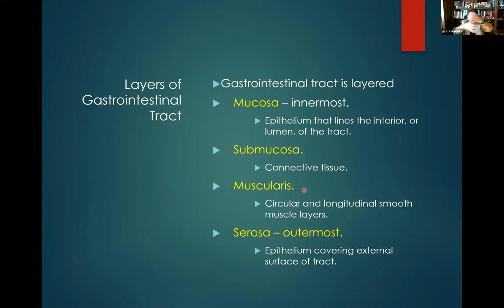Circular one, which can increase or decrease the size of the lumen, and then the longitudinal ones, which can contract and move that particular food, or part of the food called bolus, down in a very specific way, right? And then of course serosa, the outermost, generally the epithelium, covering the external surfaces, and it's called serosa because